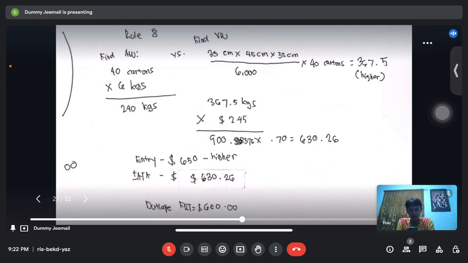We will get 9.1875. After that, we multiply it by the units and we will get 367.5. So now we compare: actual weight is 240 kilograms, volume weight is 367.5 kilograms. Since the volume weight is higher, it becomes our total chargeable weight. And since it has a decimal,